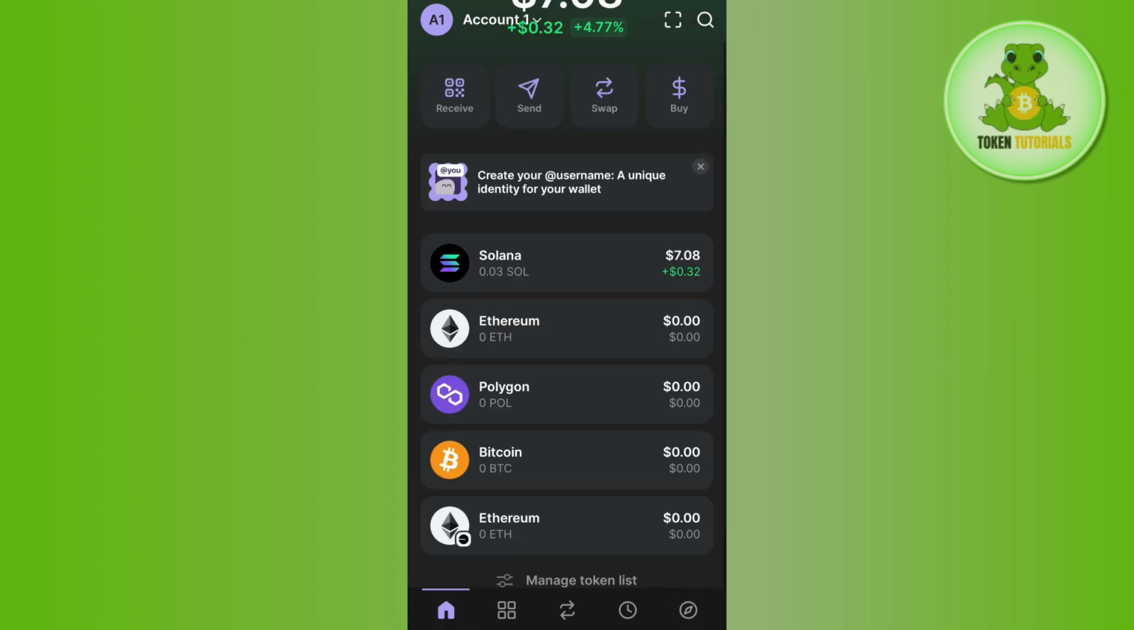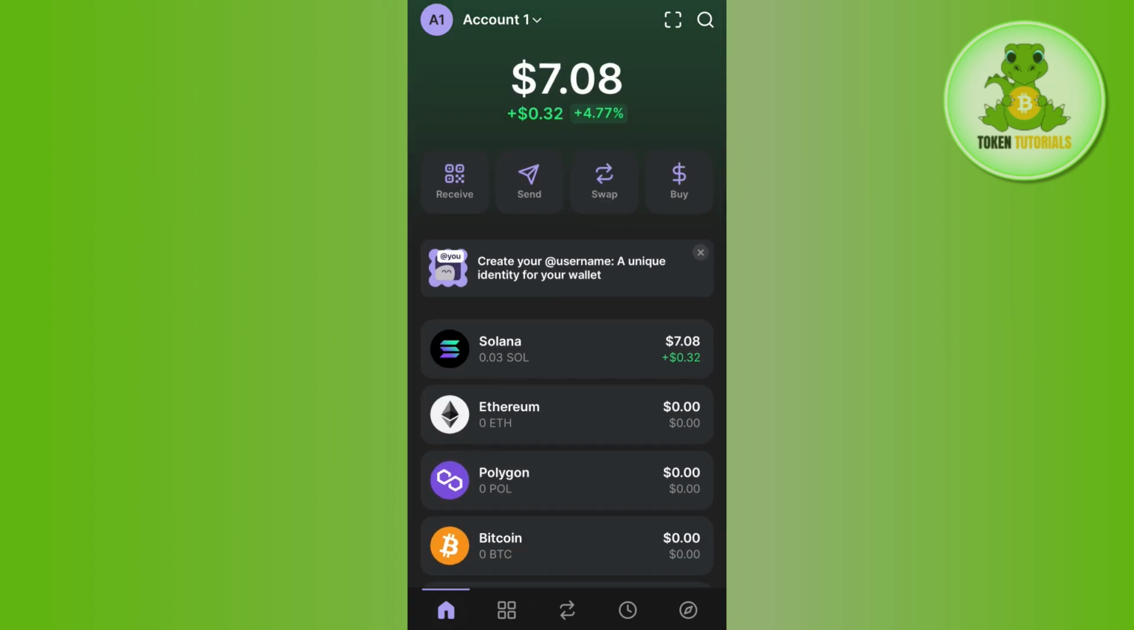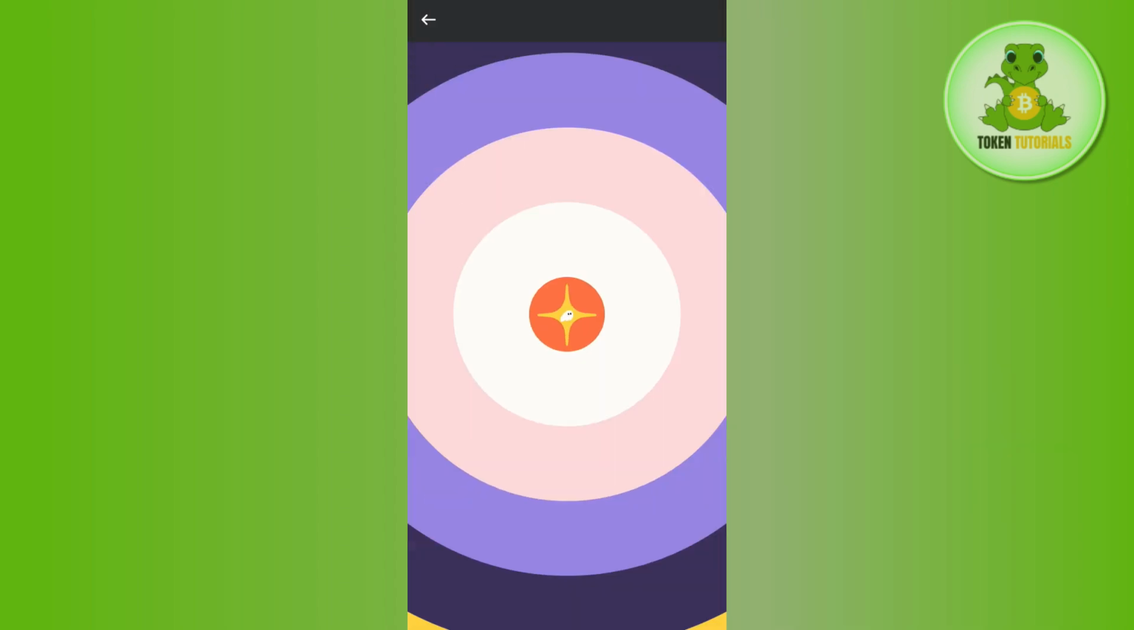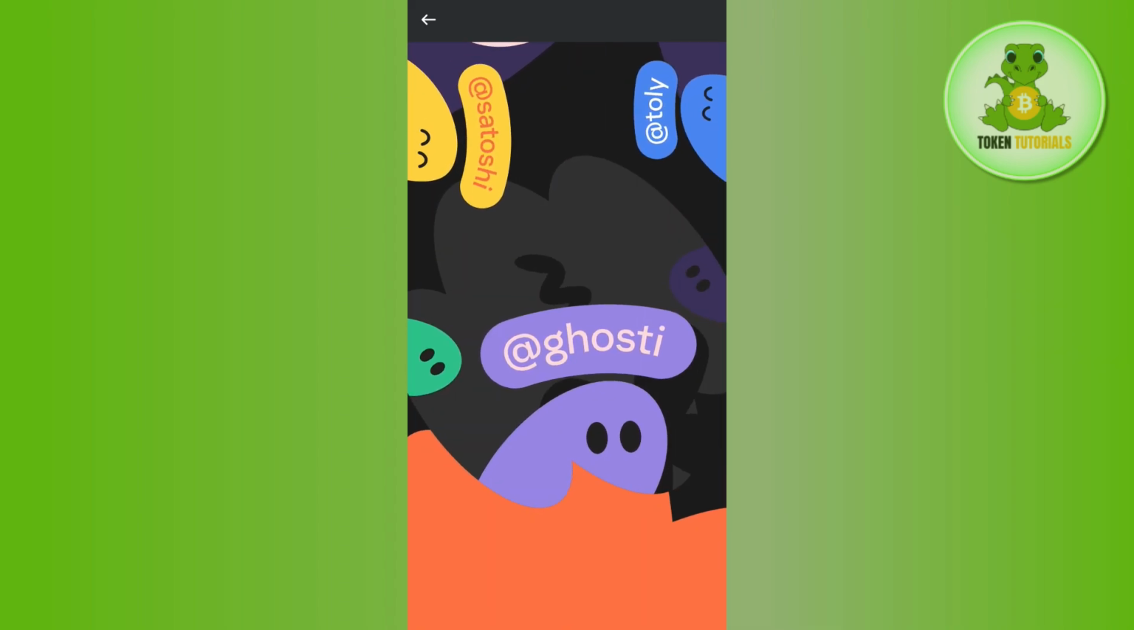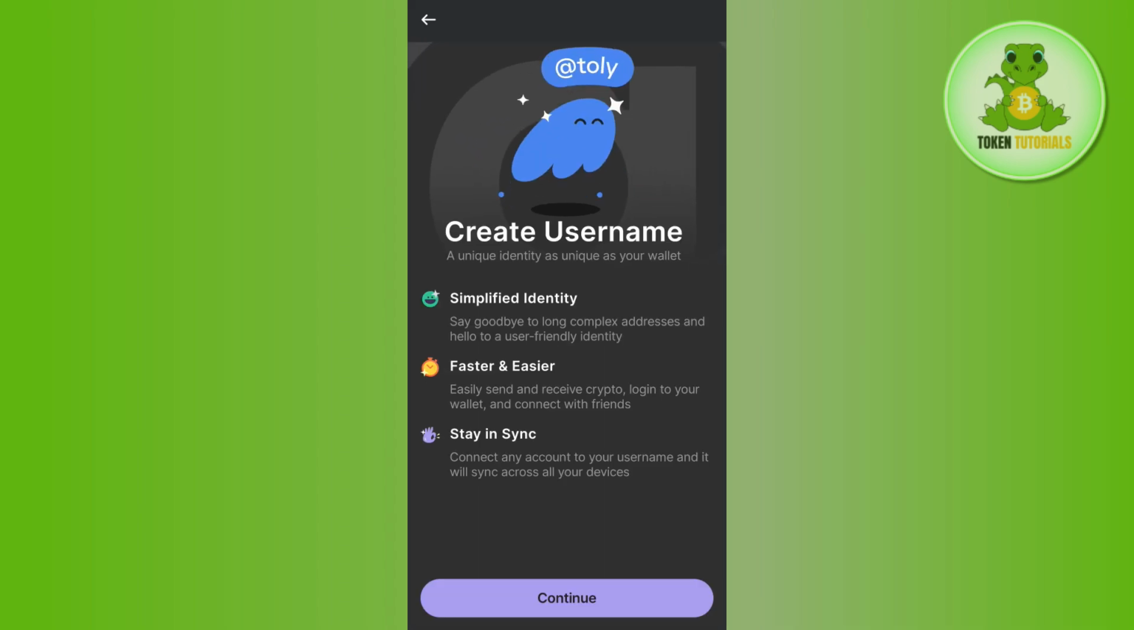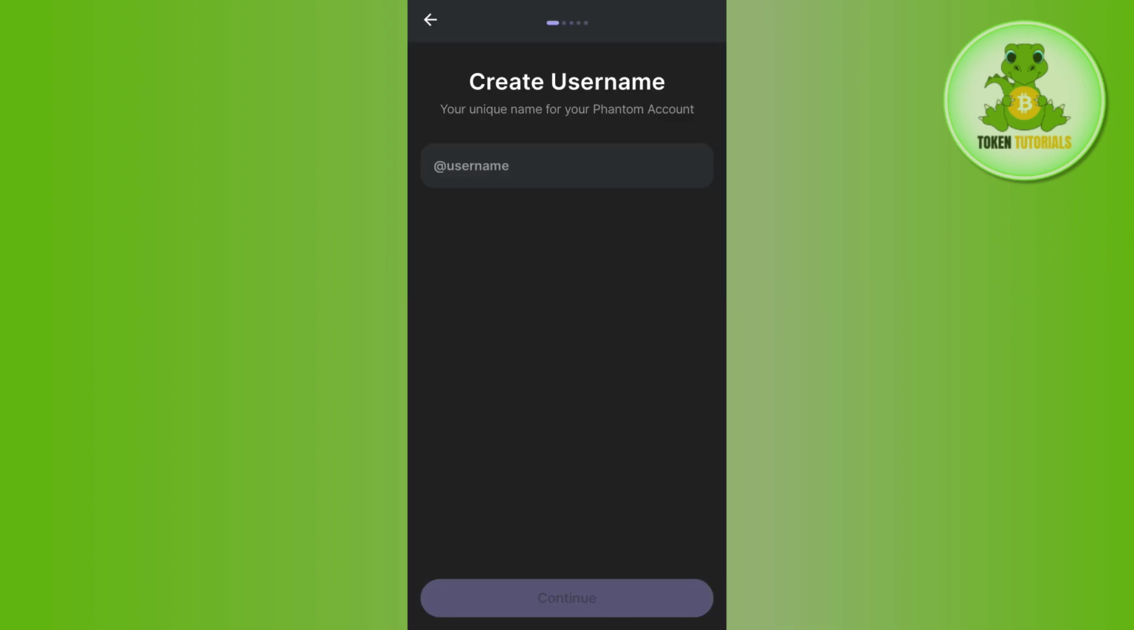So in order to create it, you need to just open your Phantom Wallet mobile application, and here on the home page you will be able to see this banner of create your @username. So here you need to tap on this banner, and here you just have to wait for some time until it shows you the option of adding your username. So here it will ask you to create your username. So here you need to tap on the continue button in the bottom,